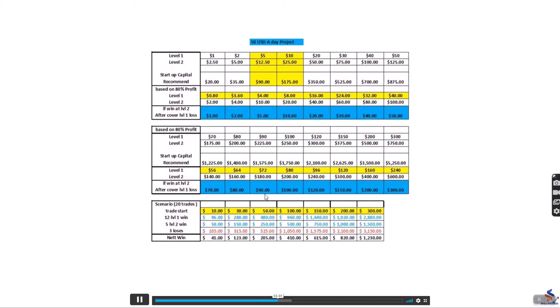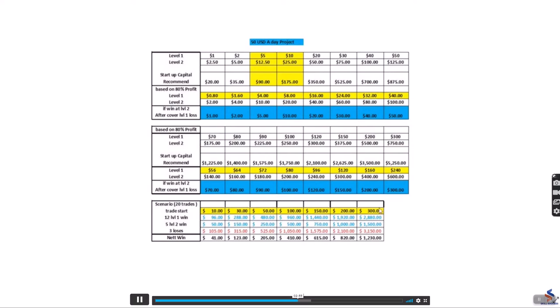And usually I base on 20 trades, for beginners or even seasoned traders. Stick with 20 trades. Never go above 30, 40. Last time I traded up to about 100 trades a day, where I realized I started making mistakes when I hit my 30th trade onwards. So it's recommended to just stick at 20 trades, then eventually scale up.